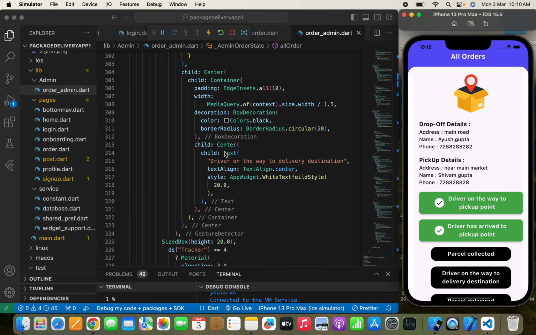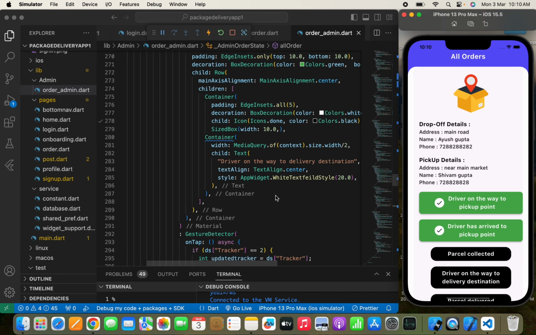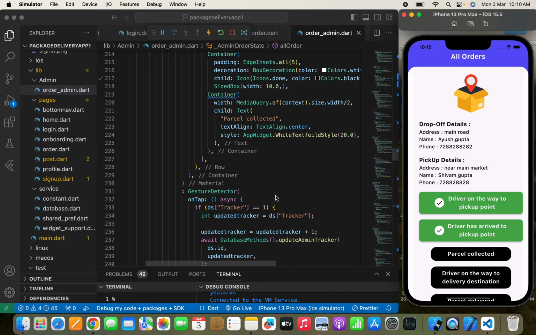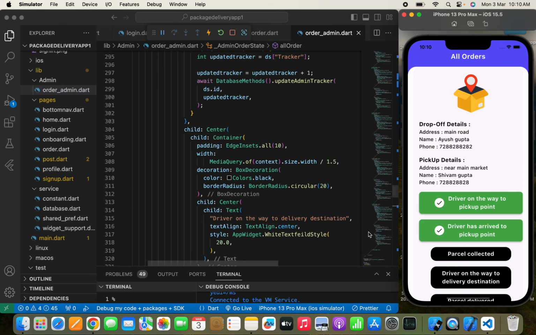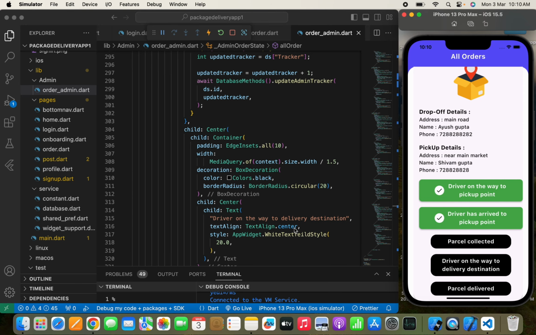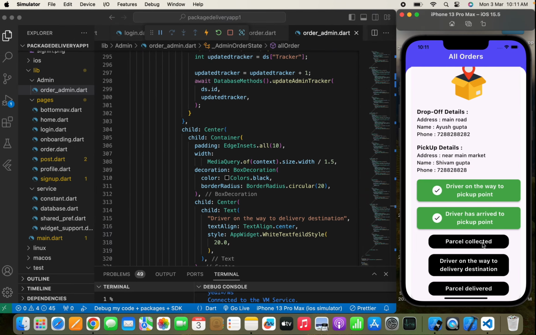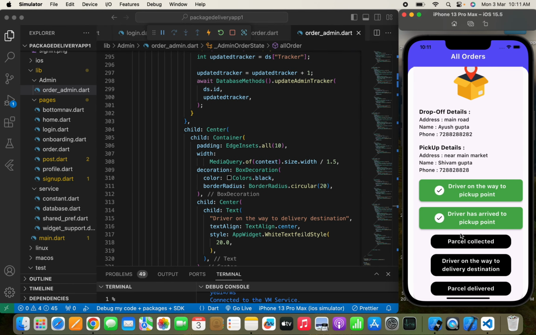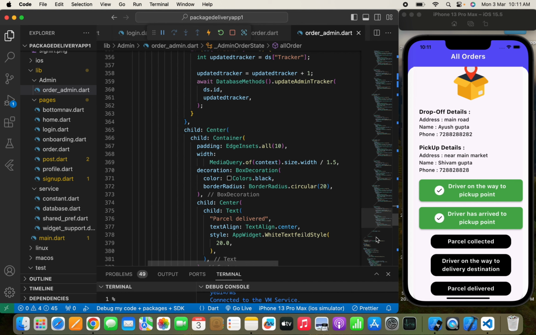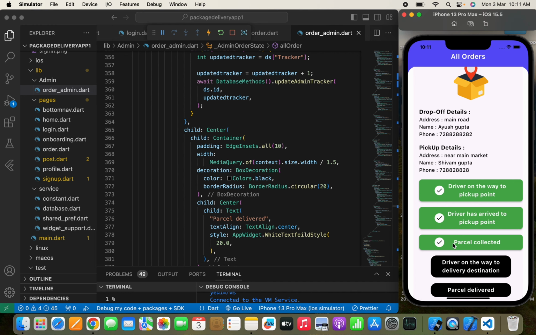I've added all the necessary code to execute this for all the buttons that I have shown you. These are just simple code that I have written, and here you can see all the code. Now, let's move to Firebase first. As you can see, the tracker value is 1 because 2 milestones have been completed. As I told you, the tracker starts from 0, 1, so 2 milestones have been completed. Now I'll tap on parcel collected, and you can see that it takes just a few seconds